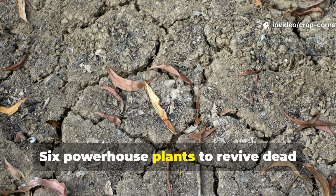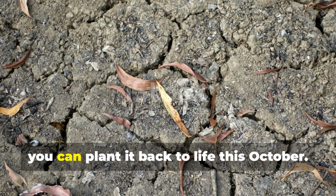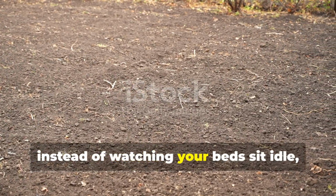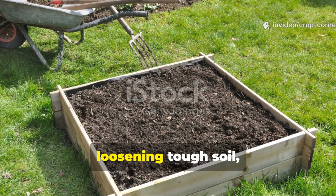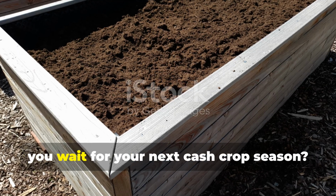6 powerhouse plants to revive dead soil in October. You can't fix dead soil overnight, but you can plant it back to life this October. What if instead of watching your bed sit idle, you sow 6 specific revival plants that work as living soil doctors, pumping nutrients, loosening tough soil, suppressing weeds, and building organic matter, all while you wait for your next cash